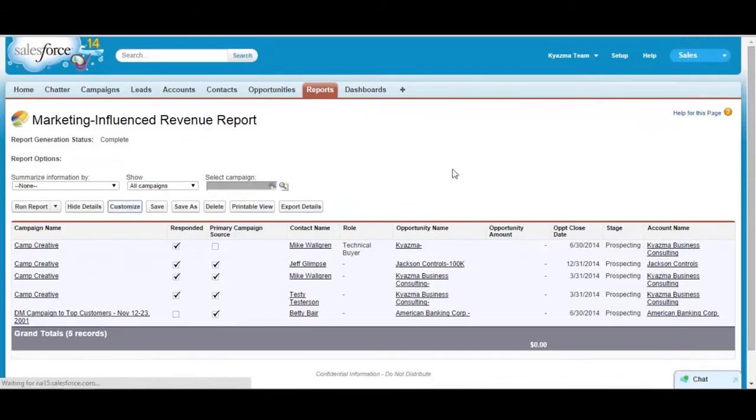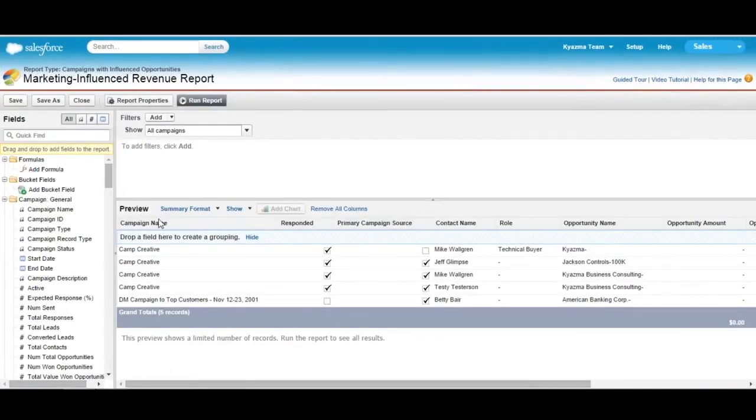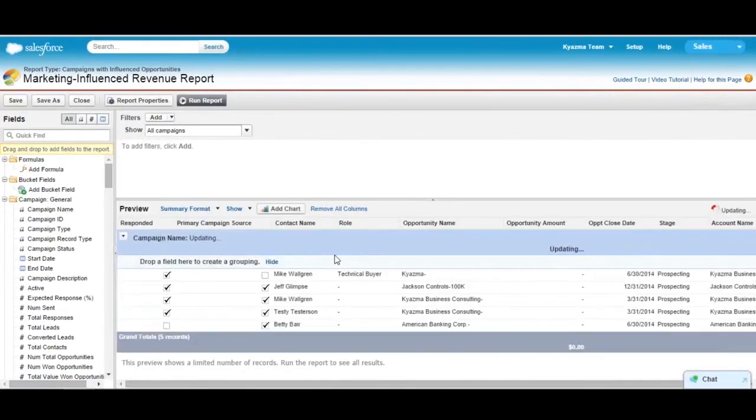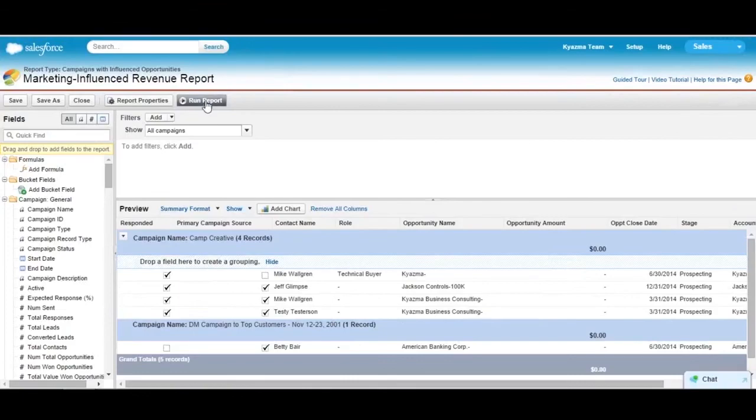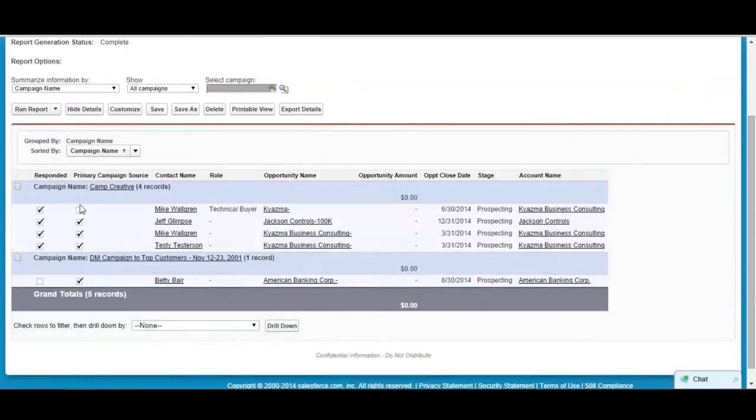And I'm actually going to customize this, and we're going to do the same thing, group that by campaign name. If I run that, now I can start to see the aggregate values for the opportunities. Then I can see, oh, this Camp Creative campaign or this direct mail campaign, this is how much revenue those campaigns are influencing. And so it really provides a ton of value for marketers in terms of trying to measure